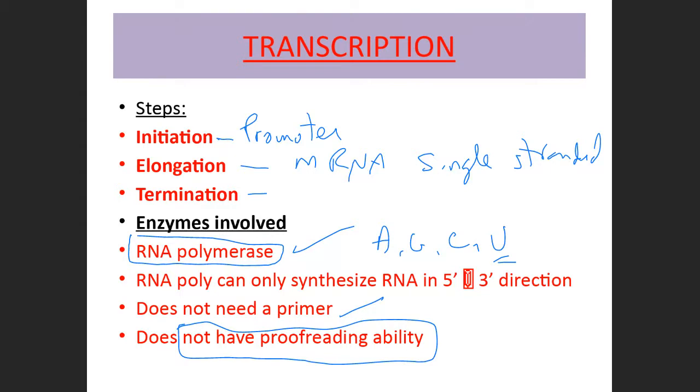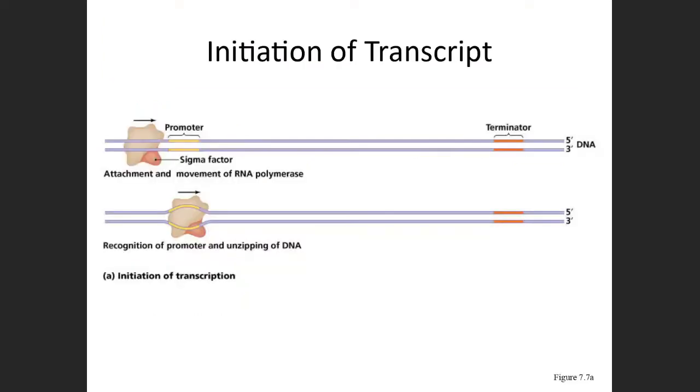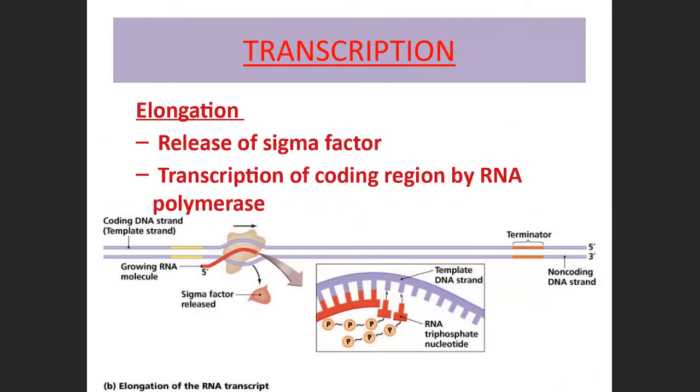Like all other polymerases, RNA polymerase can only work in the 5' to 3' direction, which again is not that big a deal because we have two DNA templates. So one of them will serve as the template. So you should know what the promoter region is. In the case of prokaryotic transcription, the RNA polymerase has a little piece called the sigma factor that is going to help the RNA polymerase bind to the promoter. So once that happens, the sigma factor falls off, and the RNA polymerase can itself separate the DNA strands and